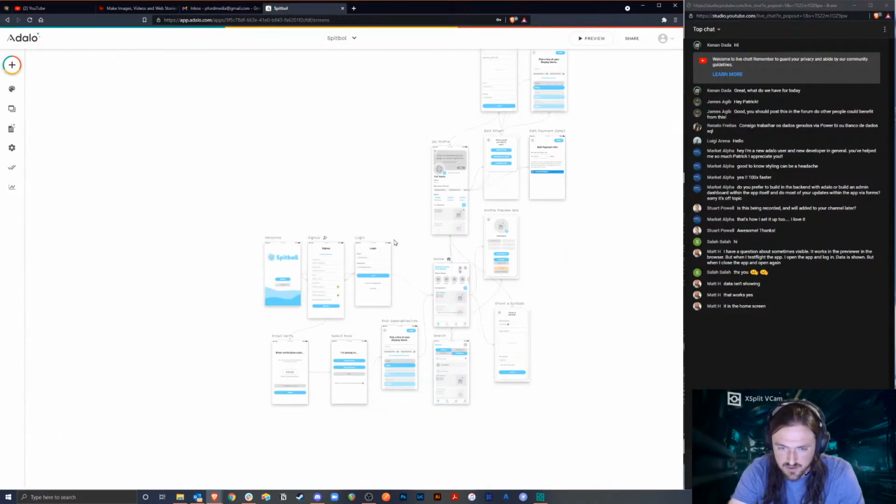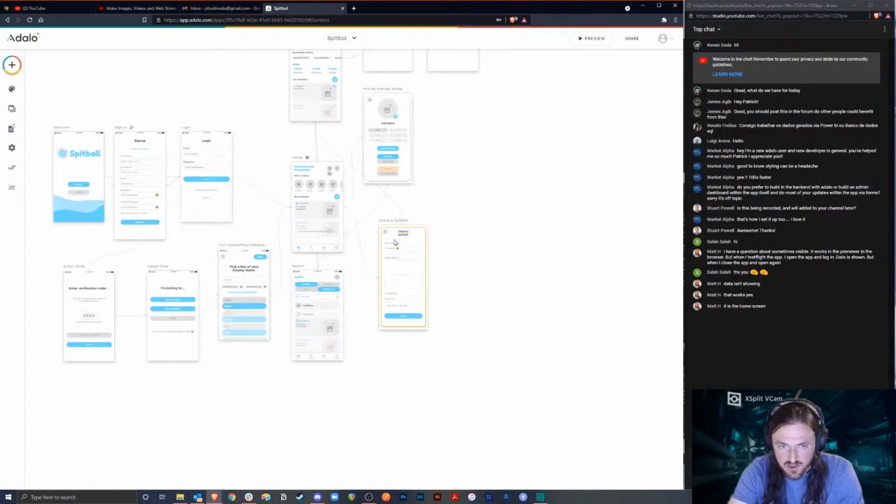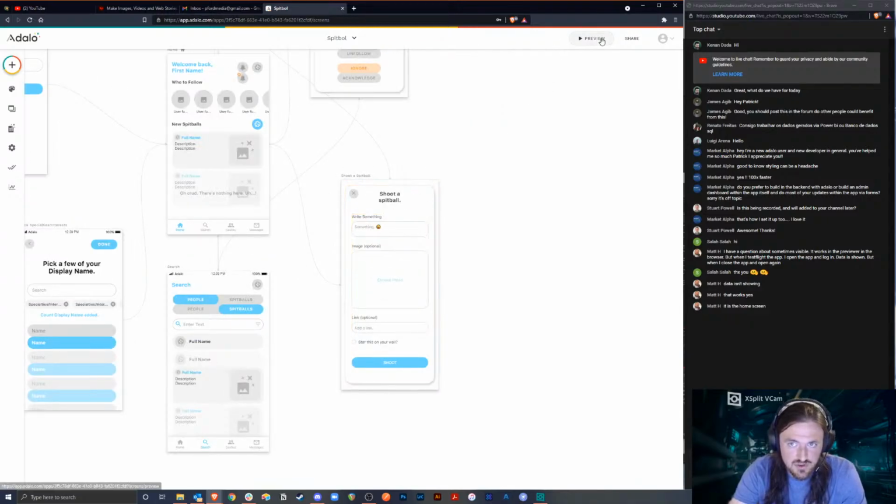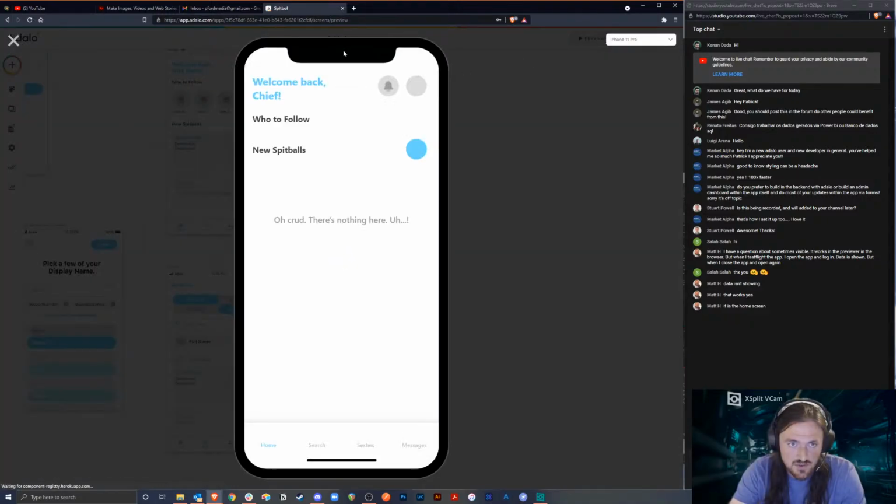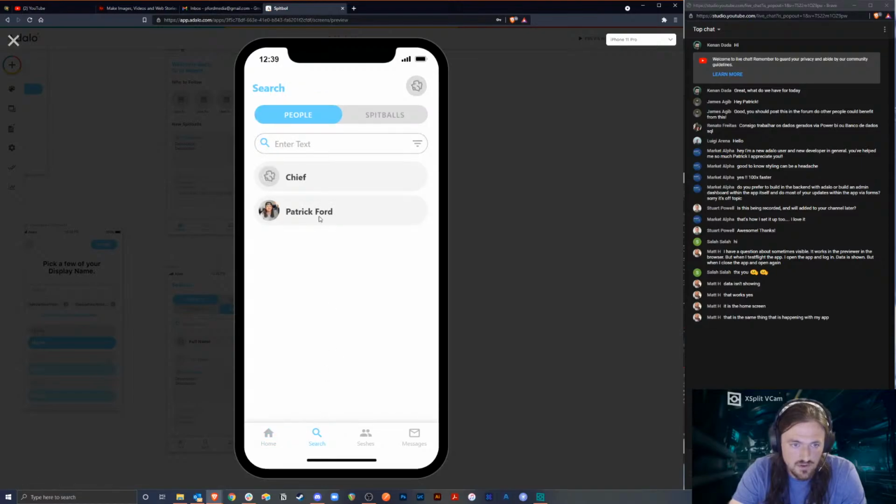Okay, so that covers that. I've got to shoot a spitball here. Let me check that functionality real quick. Okay, so all this is working. I don't have a view page for individual people yet, but